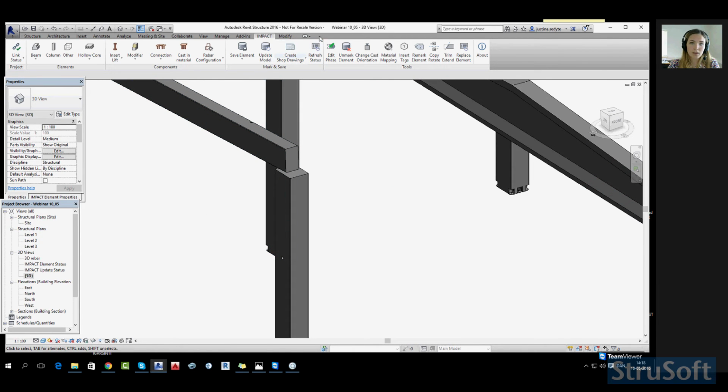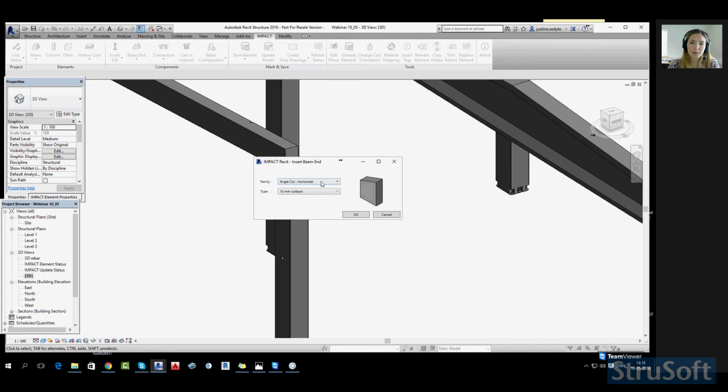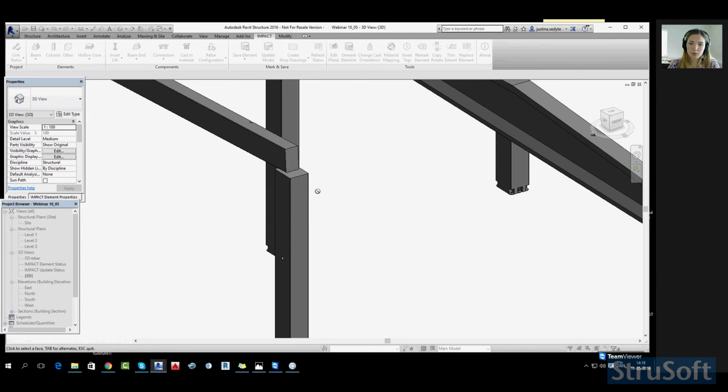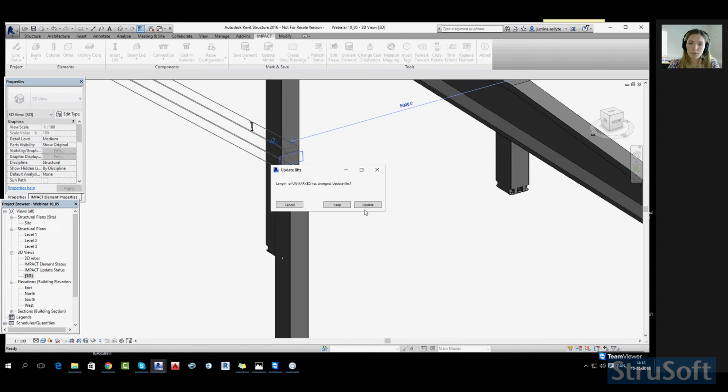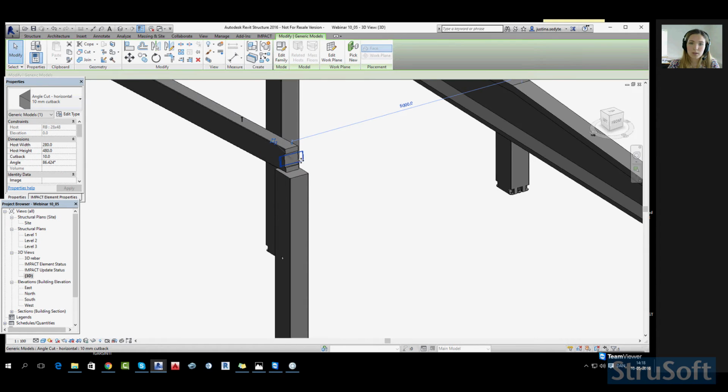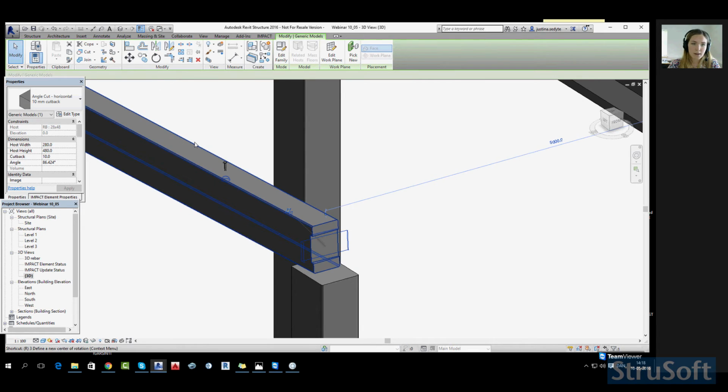Another option, as I promised you, I can go to 3D and just simply take this beam, for example. And if I go to impact, I have this modifier section. And there is also a column top that you can use instead of trim and extend function. And this time I will be using beam end. So if I choose beam end, I have several options for the ends. And now I want to use this one. So I just simply apply it to the end of the beam,